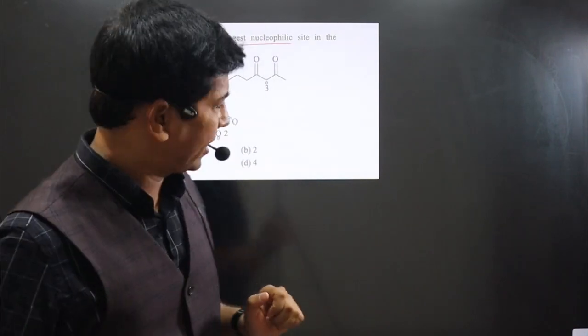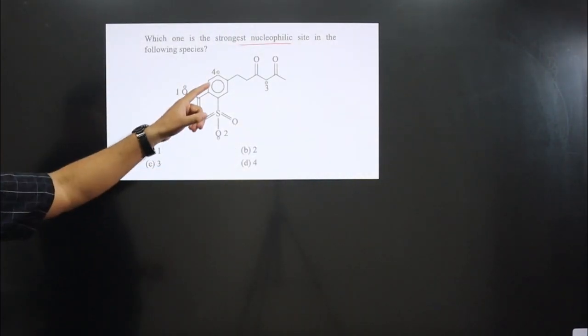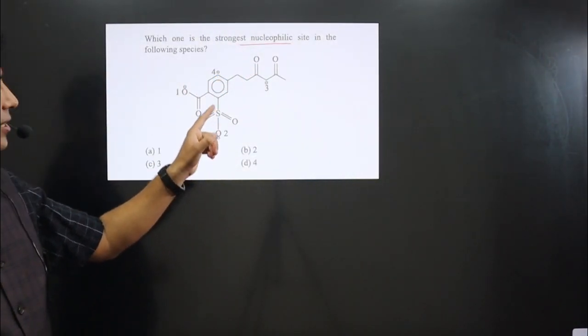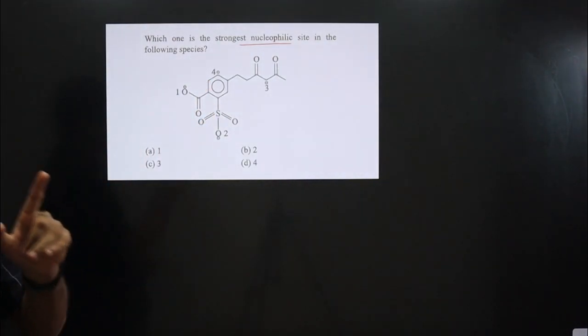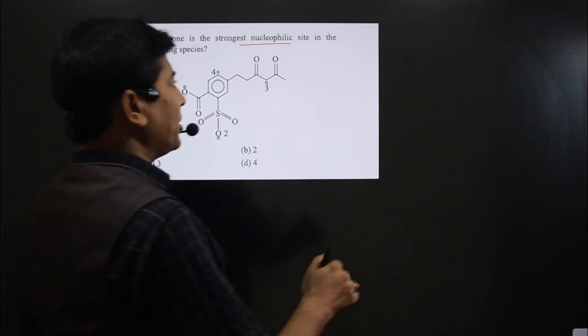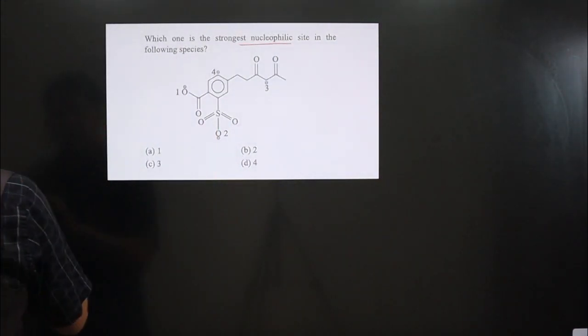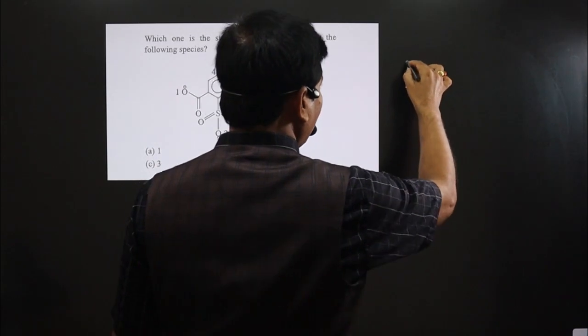Or we can say a nucleophilic site is the site which is electron rich. If you look at the compound, you can see double bonds are there, and benzene is there. Definitely a conjugated system is there, meaning resonance is there. And if resonance is there, always keep in mind, if resonance increases,